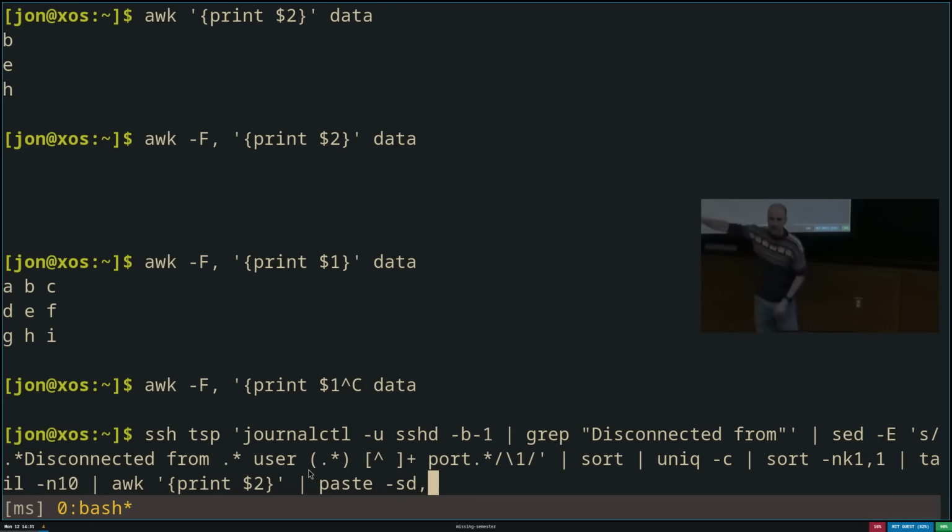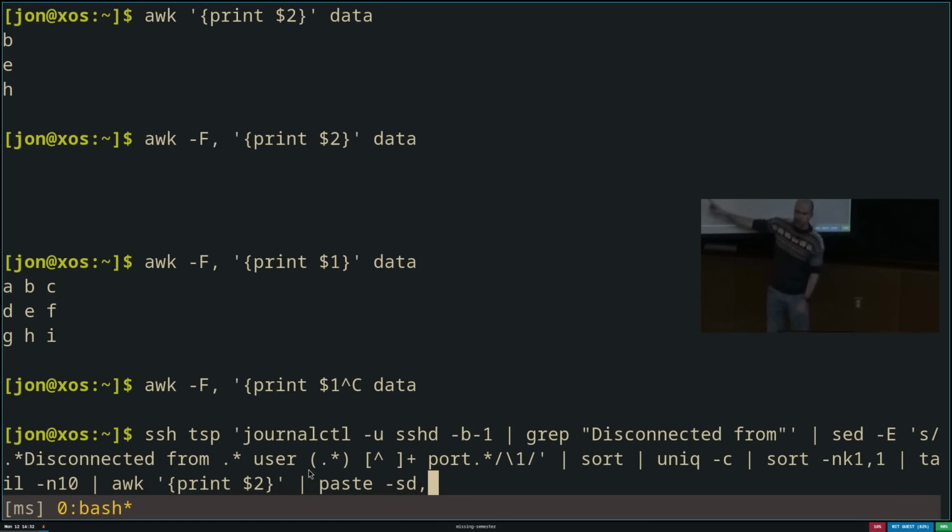What this will end up doing is taking all the logs from my SSH server. "Disconnected from" is the line that gets printed when someone tries to log in, but then either ended their session or failed to log in. And it will extract the username they tried to use and print only that. Then I sort all of those results. Then I pick out the unique lines from that sorted result.